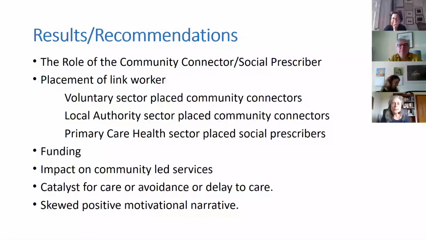So I'm quickly going to move on, because when we looked at change, we had to think, well, hang on, that change is different depending on the basis in which the community connector is embedded. So within social services, for example, increased access to services at a national level means it's interpreted as better care. Whereas actually when you're looking at a local level, you want to decrease services because you want to create independence, not dependency. And actually it was a reduced connection with services that made the difference.